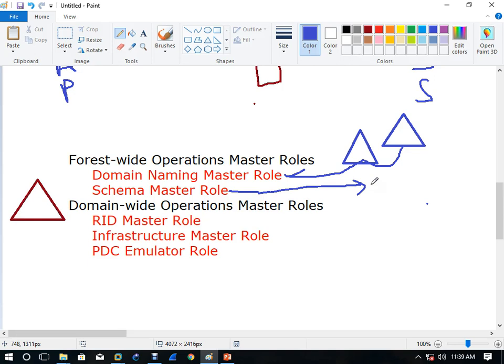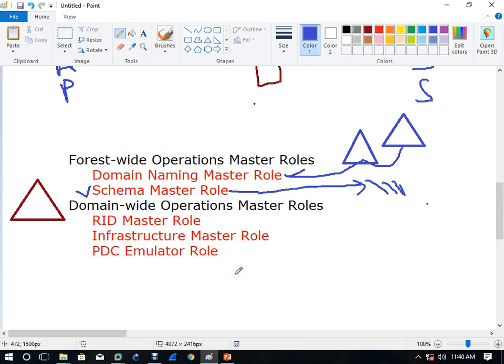So when you want to add a new object, any object, when you want to add a user, group, whatever, the schema master must be there. Schema master, not naming, schema master. When you want to add a new object, delete, or migrate anything related to objects, the schema master is responsible for this.